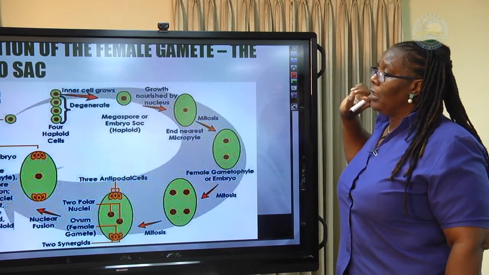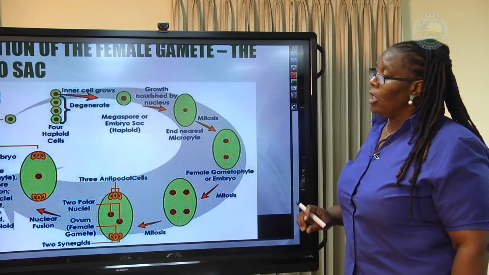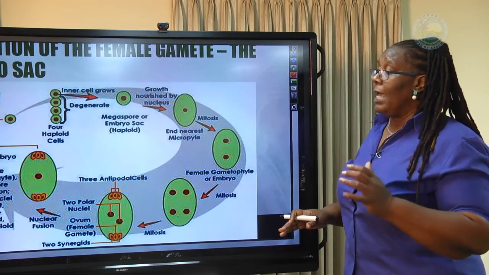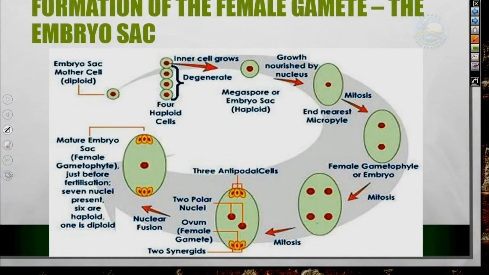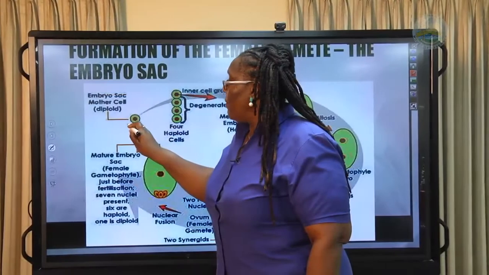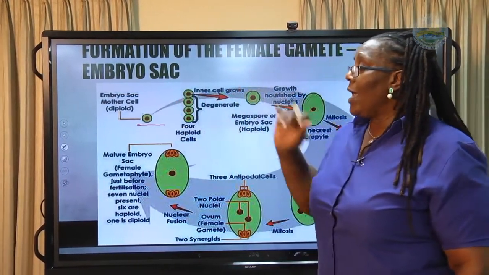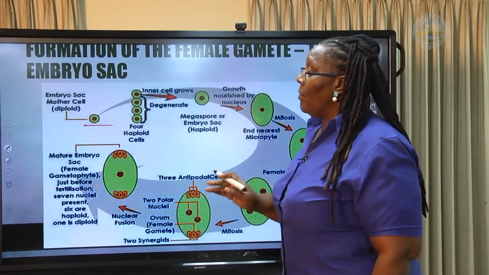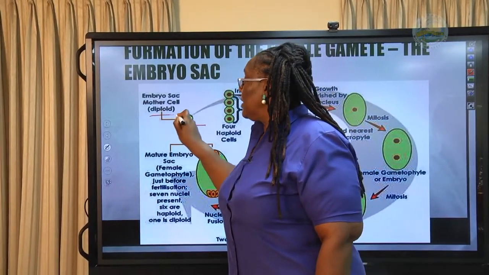What is happening in the ovary? Similar to what was happening in the anther with the formation of the pollen grain, you have a similar process occurring in the ovary, where you have the formation of the female gamete, what we call the embryo sac. So inside of the ovary, again, you will have an embryo sac mother cell. Just as we had the pollen grain mother cell, you have an embryo sac mother cell, and note, it is diploid or 2N,